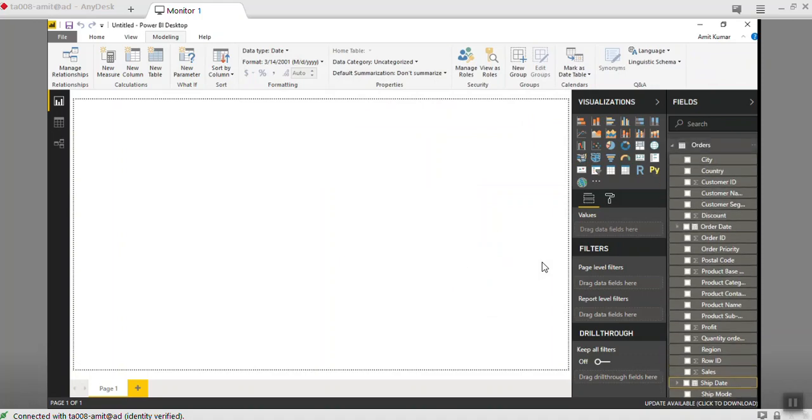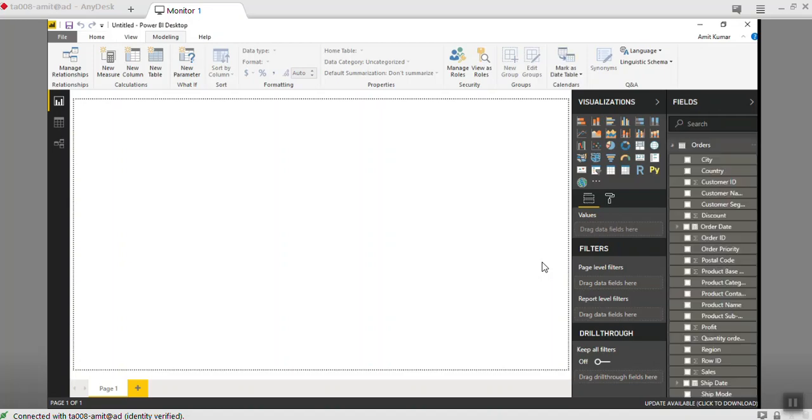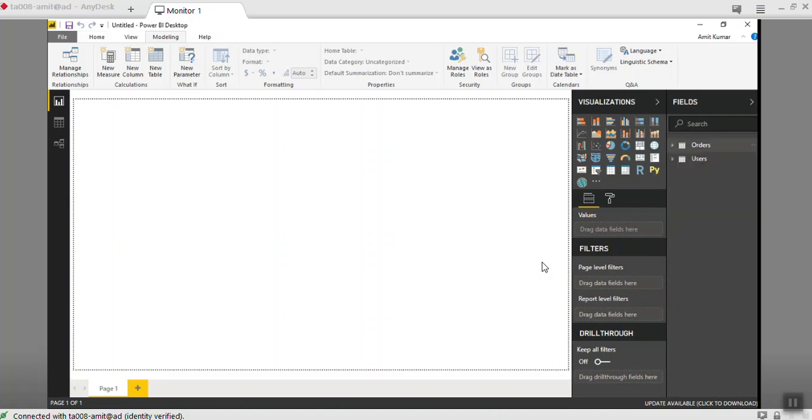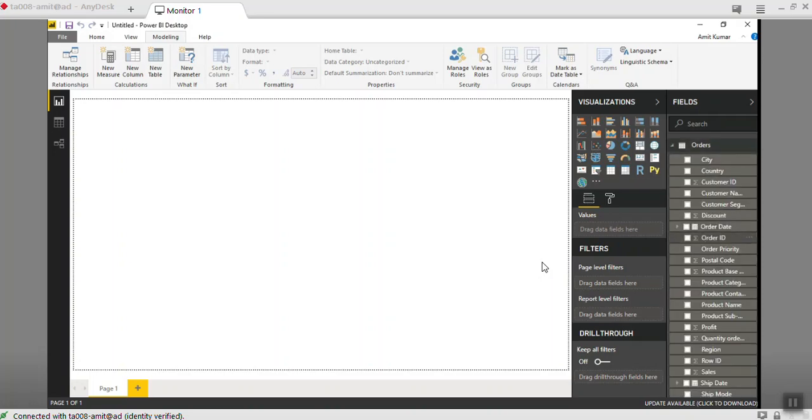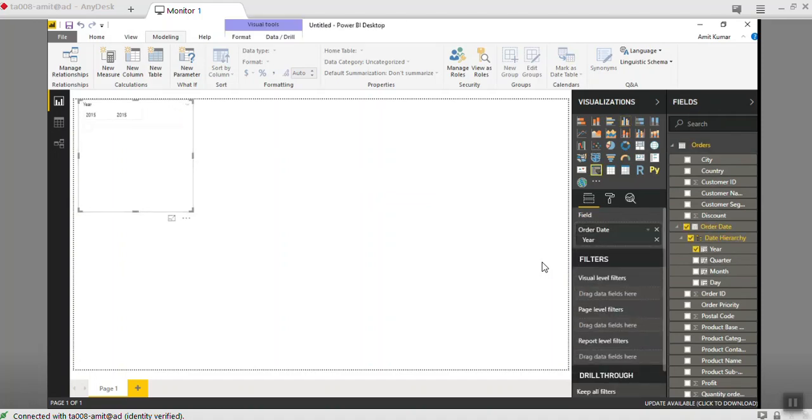Right. Now, one more important step is to add the calendar. Calendar means suppose we want to have a date field. One thing we can do is it has an automated inbuilt hierarchy here. So we can have year, quarter, month, day, everything. So you drag down the year field and select the slicer. This is the slicer visual basically to get the drop down and all.